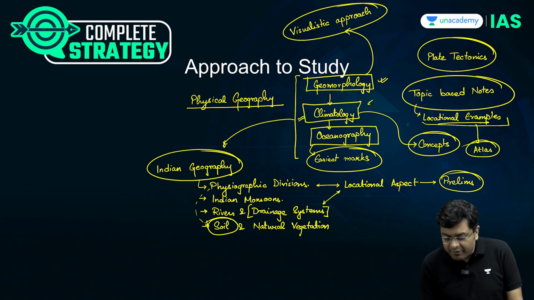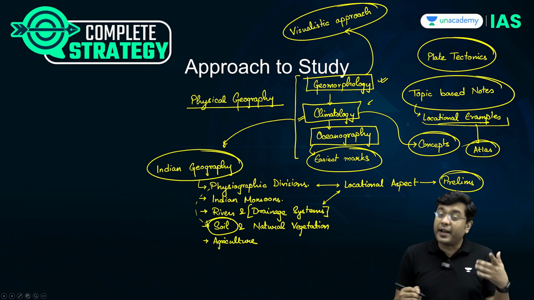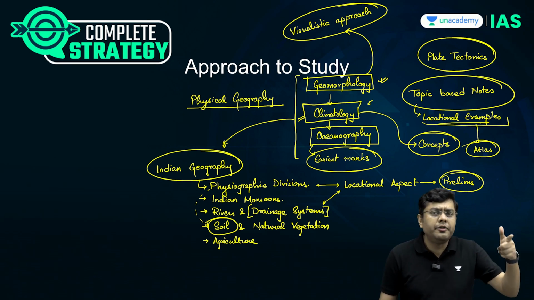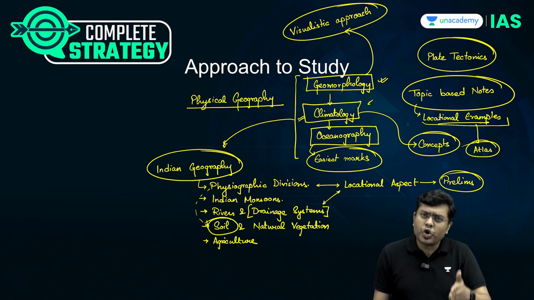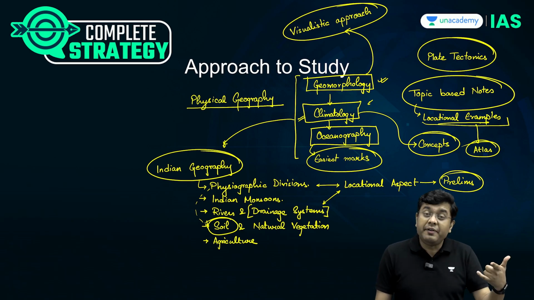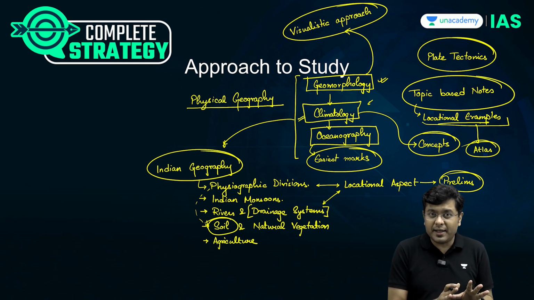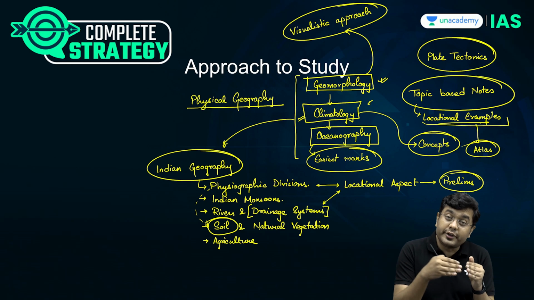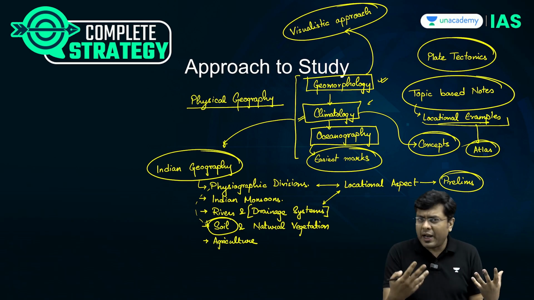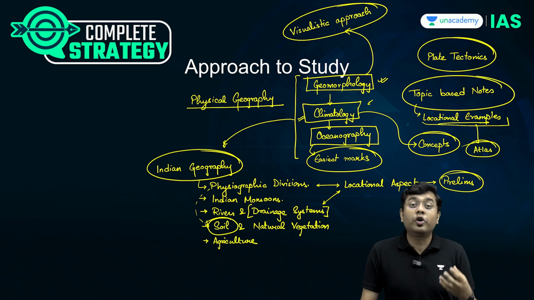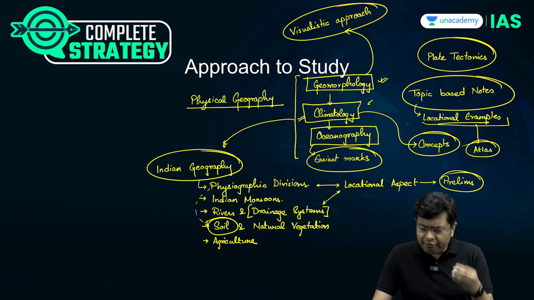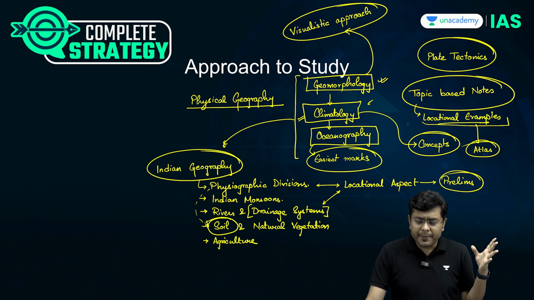Then after that, when we talk about the human and economic geography aspect of it, agriculture, the type of crops, the cropping season, the conditions required, relevant for the prelims. Prepare short notes around it. And when we talk about the issues in agriculture, there you have to converge the concepts of overall agricultural crisis and the economic factors as well. Very scoring in GS paper 3.